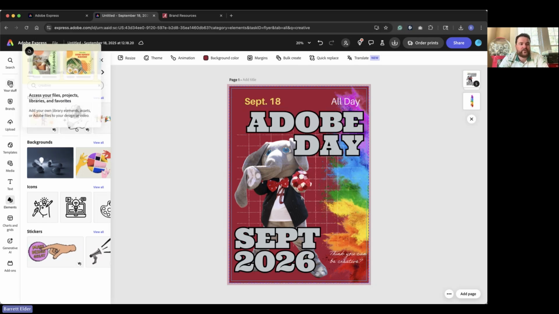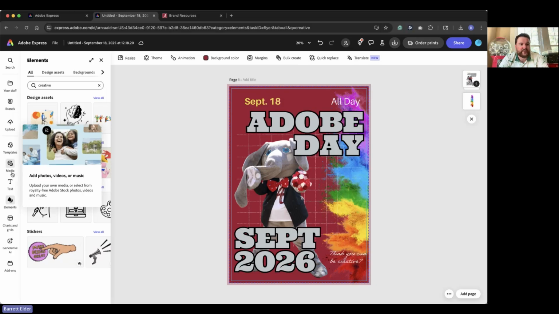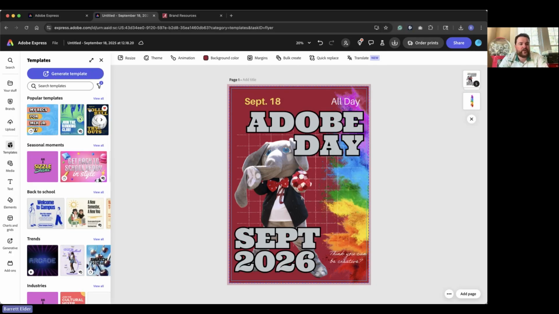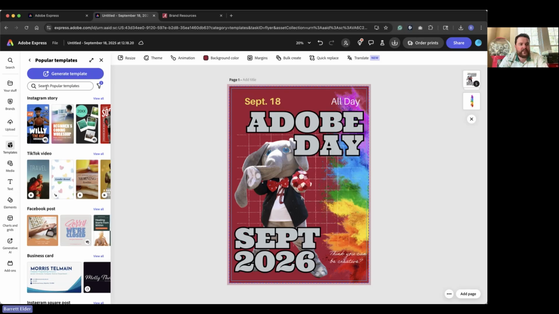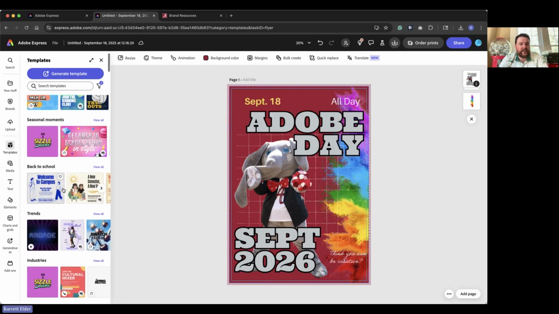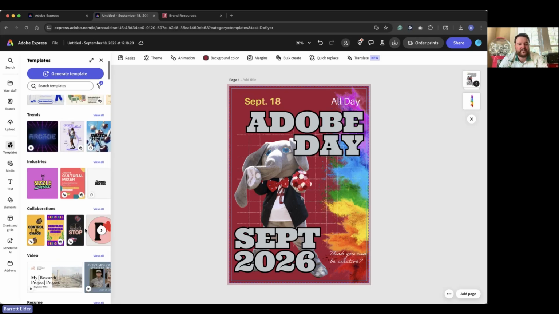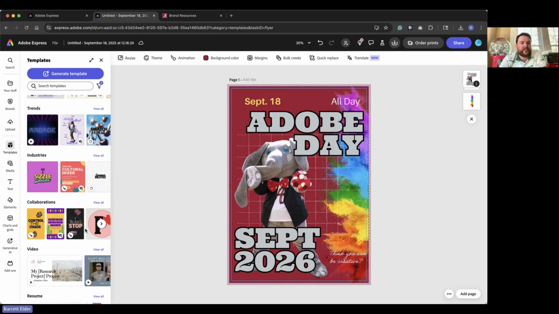And they have all sorts of templates. They have templates for everything, really. And if you don't like this one, you can go in, you can look at their popular templates. You can go in and look at different options. They have trends. They have different industries in here. And this is really what I use constantly. I'll go ahead and show you